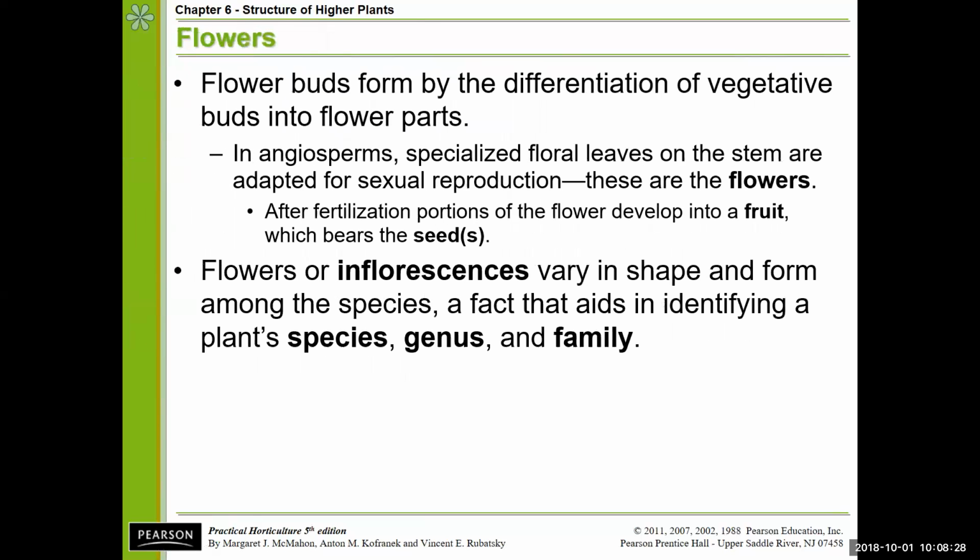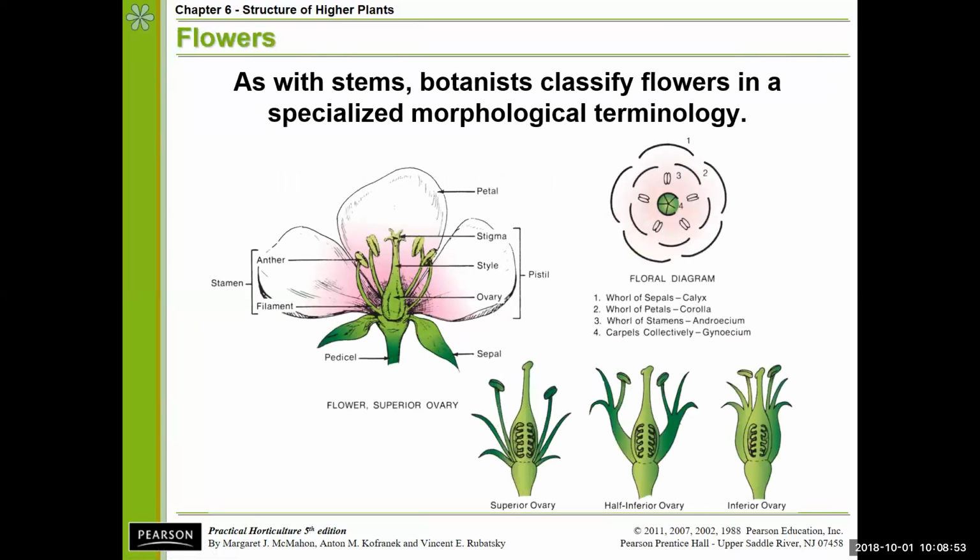Key things about flowers here. An inflorescence is a cluster of flowers. Also can help in identification of plants, especially species. And many flowers that we see in a lot of our plants are actually groups of flowers. It's not just one singular flower, it's many different flowers. And when we're looking at a single flower,